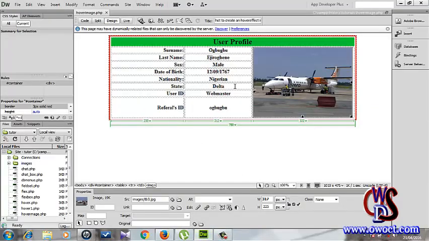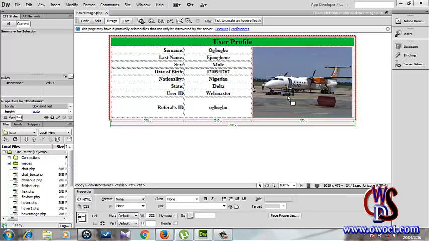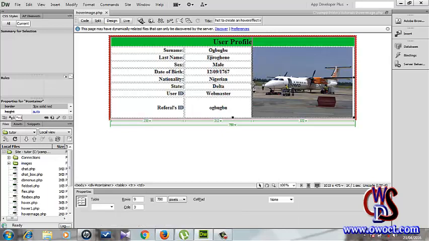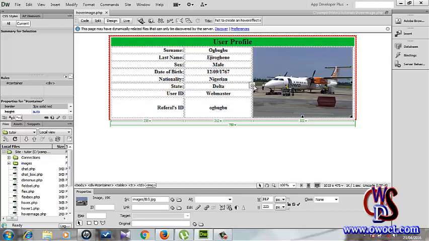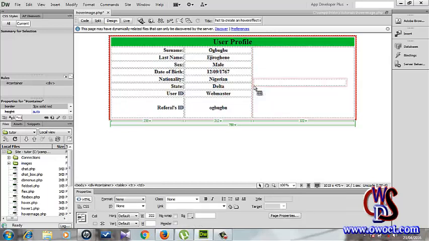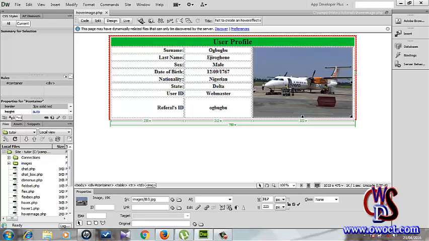So what we need to do now, first we need to go back to the design view and work on that. So I will urge you to follow along with me as I do that. Stay tuned. So guys, let's just go coding it. What we need to do right now is add that link that will display that edit profile image here. So right now we just paste, sorry about that,